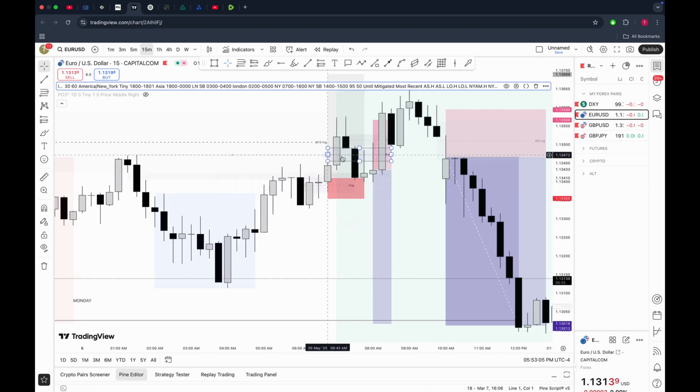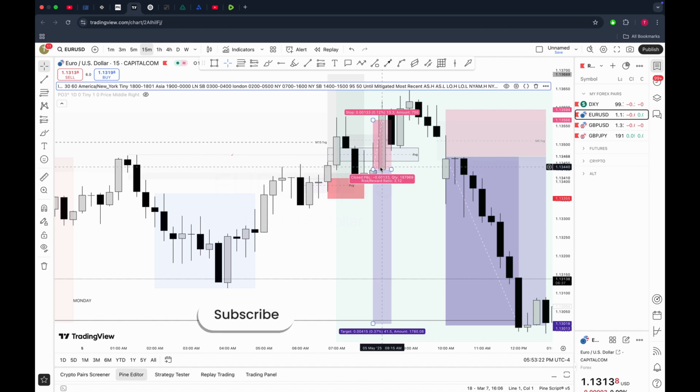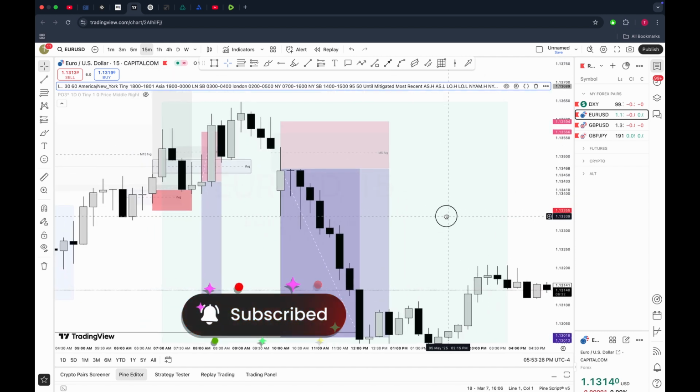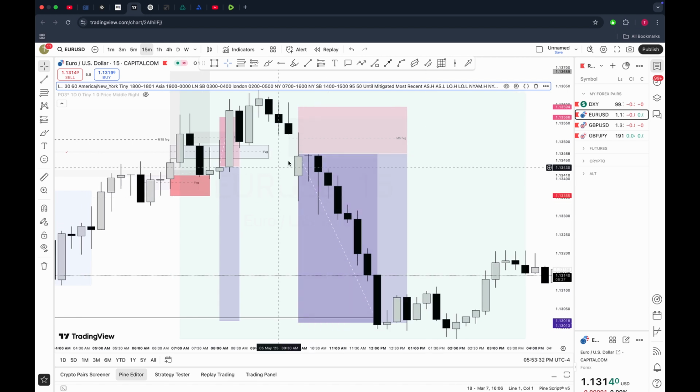I took it from this inverse fair value gap. It was giving, you can see, it was giving a reaction. When price broke through, it came back, rejected, and it rejected the second time. So I entered from there and they stopped me out. I waited for the news to come out because we had news around 2 o'clock.